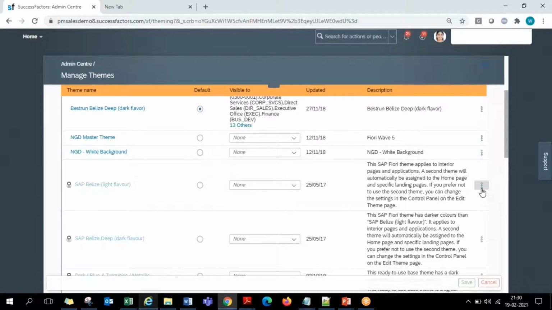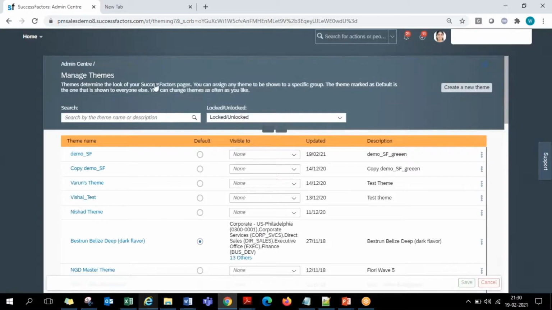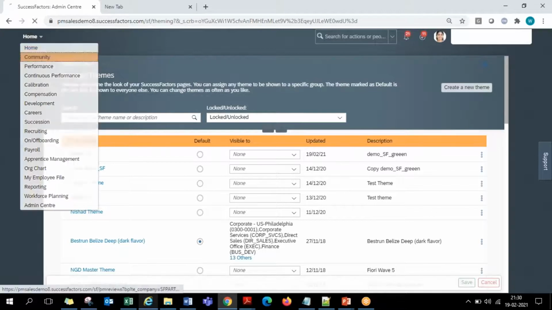Whatever the existing themes are, against everything you go here and do a try it out option. Just against everything, you have this try it out option. You go for the try it out and experience all the themes. In this theme, there are orange colored highlighter lines coming in with a dark blue color like this. Okay, and if you just go to the home page from this theme,